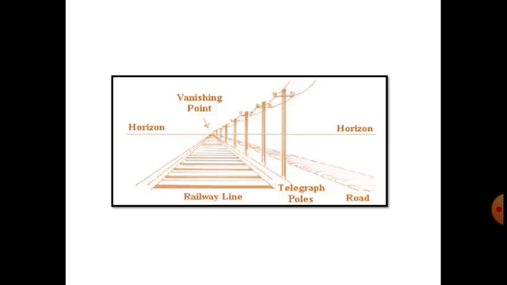Next, this is what I was trying to tell you: the horizon is a line on which the vanishing point is located. It might be anywhere, but it depends upon the object from where you are watching it. All these telegraphic poles, railway lines, the road is away from you, but it is going and meeting the same horizon line. The way it looks from here is different. So however it looks, we are going to try to put it there in the same type. Okay,